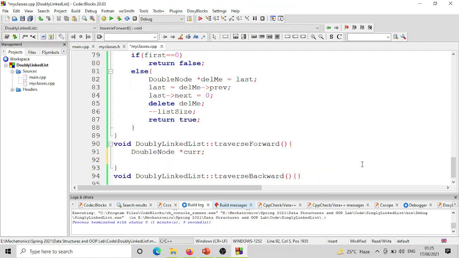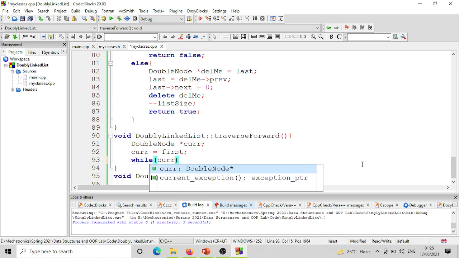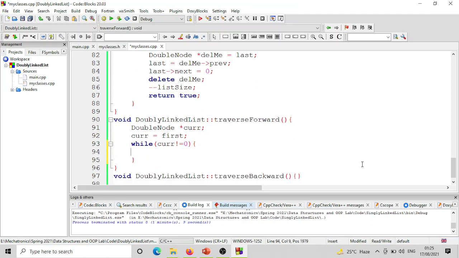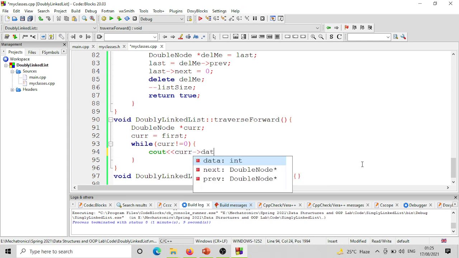Let us name it as current, and set current equal to first because we are going to traverse from first to last. ठीक है, and do it this way: while current is not equal to null. ठीक है, so what are we going to do? So we are going to print the value stored in the current node. We are going to say cout current arrow data, and then we are going to